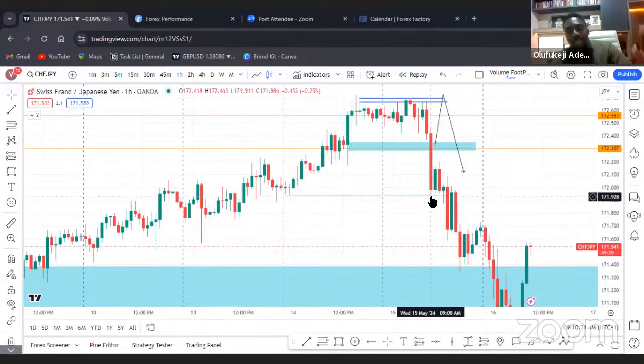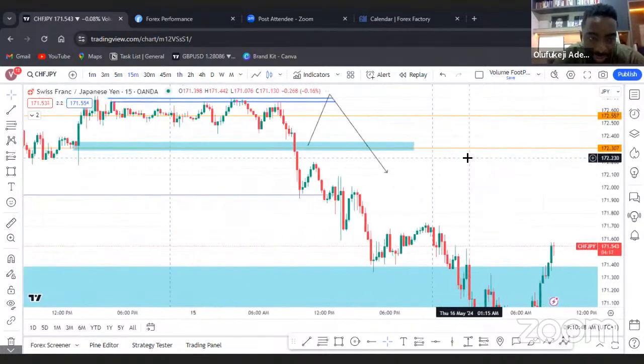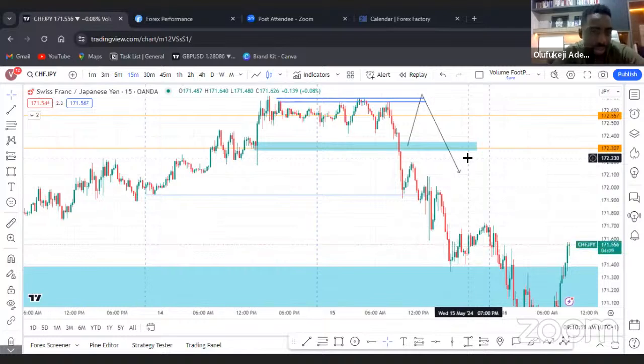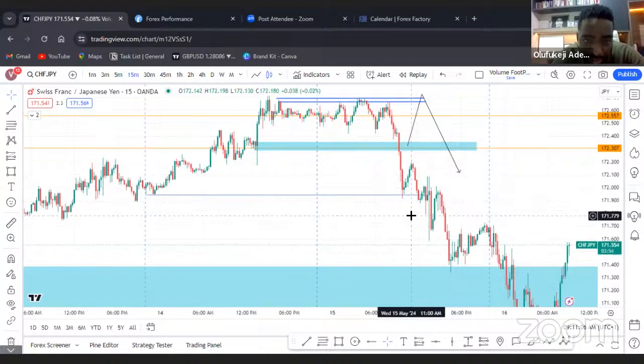I told you about box pattern and box failure. So at the point that there was a failure of that, you know, oh, this can now be my entry to sell. And if you check that on the lower time frame, you will see that there were gaps, there was 50% encroachment, that place where there was a battle. Gaps, 50% encroachment, box pattern right there. So you see the break lower, you see the break lower, you see a return